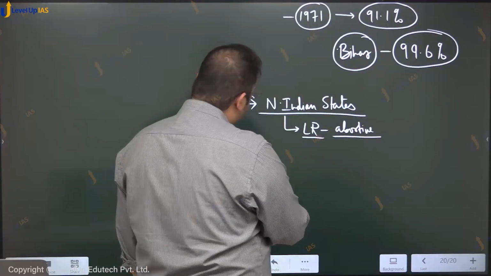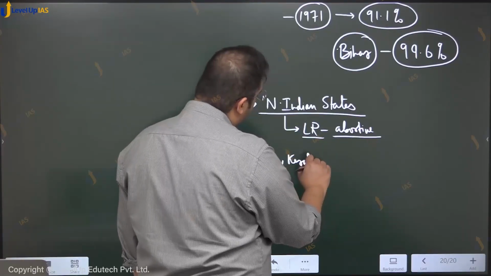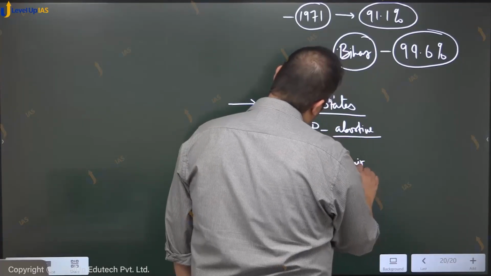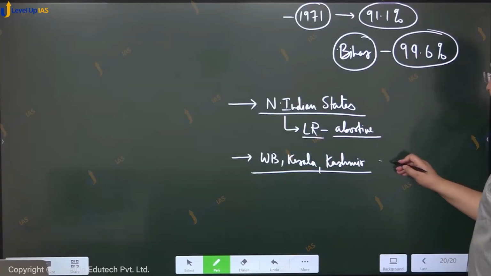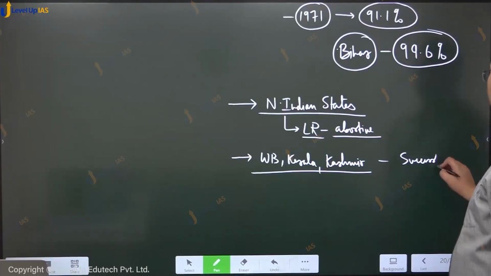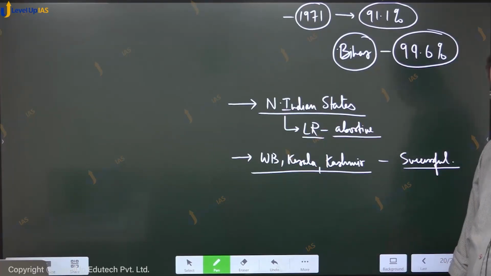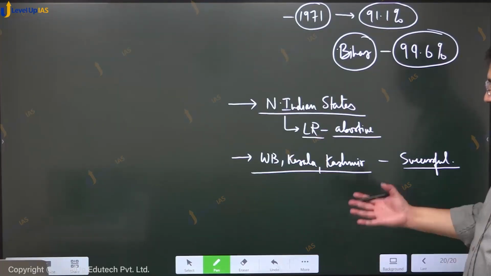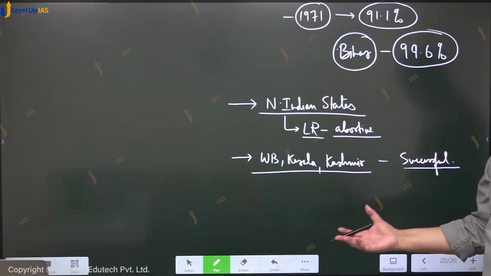In some states such as West Bengal, Kerala, and Kashmir, the process of land reforms was much more सक्सेसफुल. लेकिन प्रॉब्लम क्या हुआ यहाँ पर, कि यहाँ पे जो गवर्नमेंट्स थीं, they were quite left wing. वेस्ट बंगाल और केरला में तो कम्युनिस्ट गवर्नमेंट्स थीं, और कश्मीर में जो शेख अब्दुल्ला की गवर्नमेंट थी, that